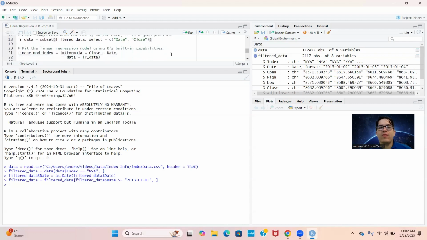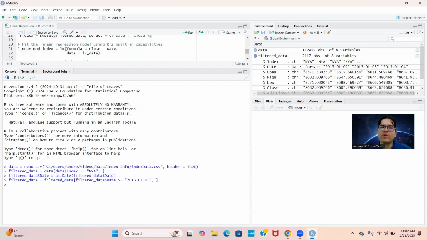But when you're feeding the model, look at how simple this is. You use the built-in function lm here, and actually if you hop over it, it's going to tell you some description of it. You say the formula, which is your independent variable. In this case, date is our independent variable, close is our dependent variable. You're saying this variable depends on these variables here. And the data is just your data,